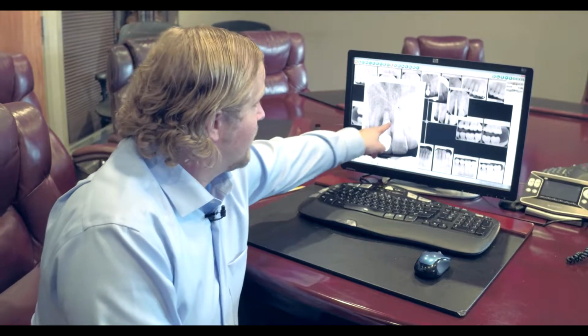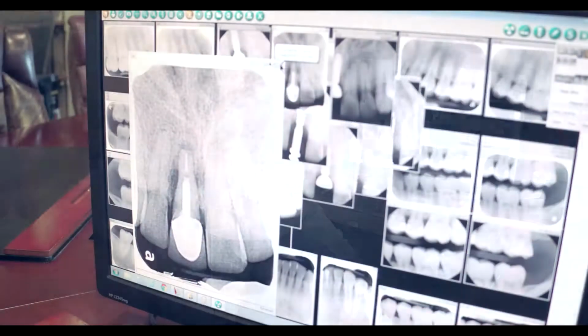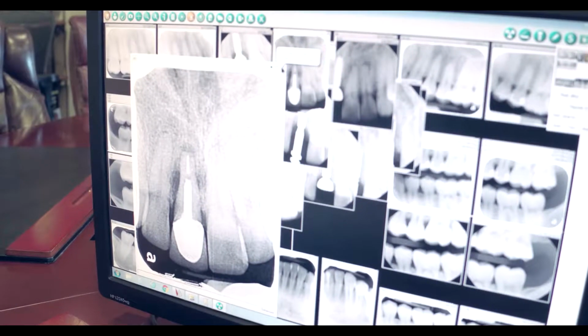So Jason first came to us a few years ago. He had a front upper tooth that had a root canal and a crown and a post in it from, I think, probably some trauma earlier in his teenage years. They tried to do as much as possible to stabilize it and make sure everything was fine, and they did. The post right in here had fractured the tooth in there,